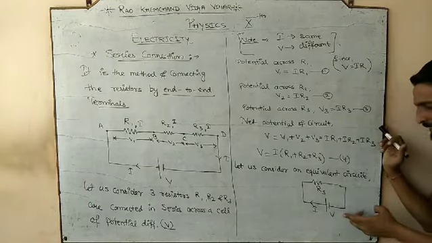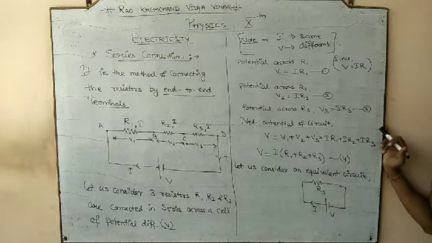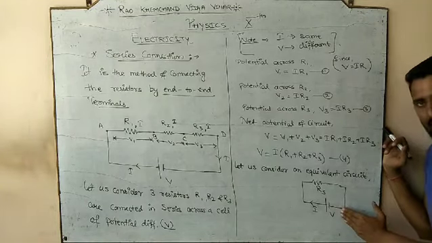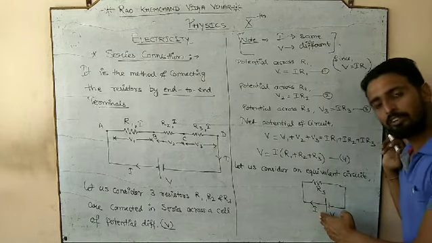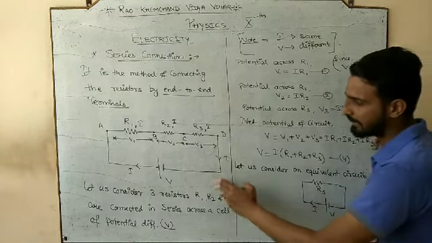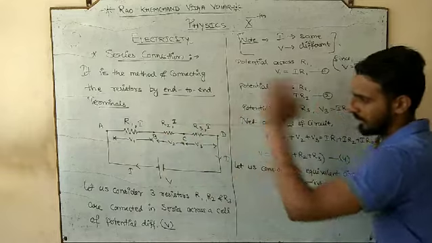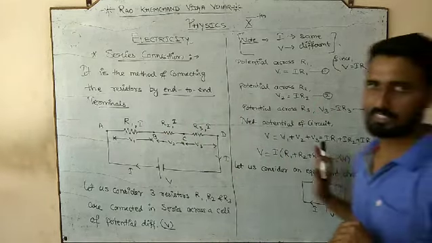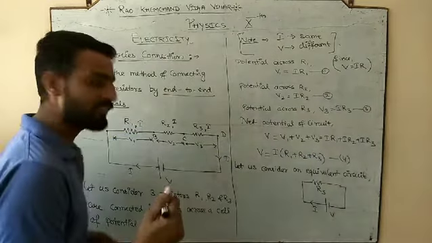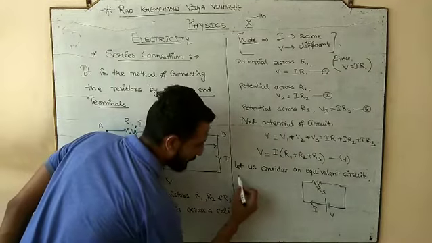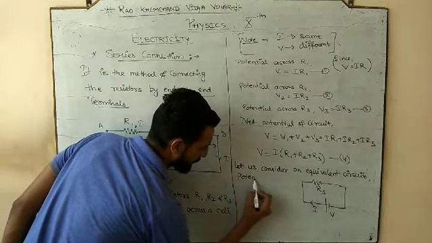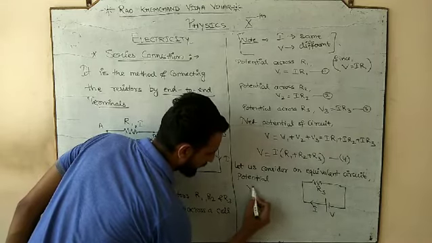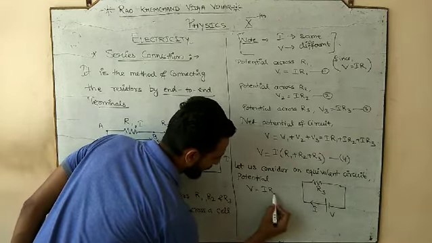So we have taken the same cell, we have taken the same current, means we used the same battery, and the same amount of current is produced. But here that current is produced by R1, R2 and R3, and here the same current is produced by only RS. So that's why both the circuits are equivalent. So that's why here what will the potential be? Net potential V is equal to IRS.